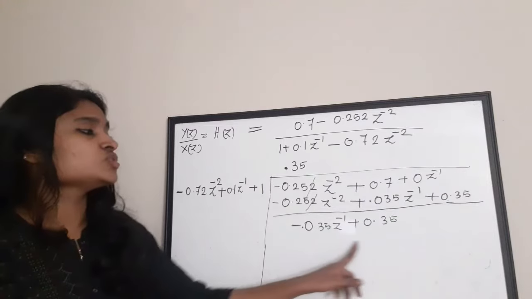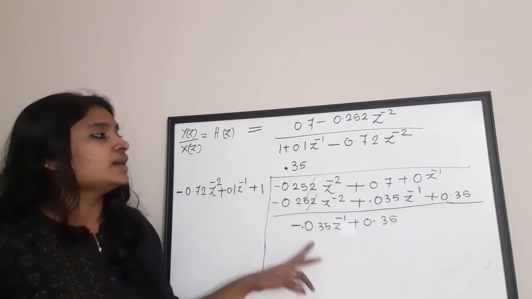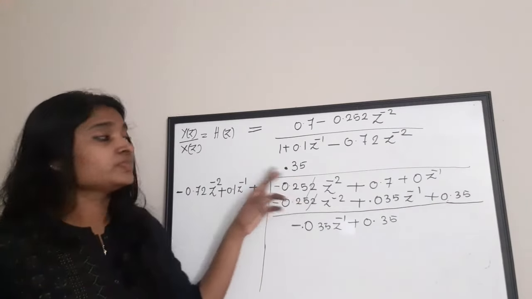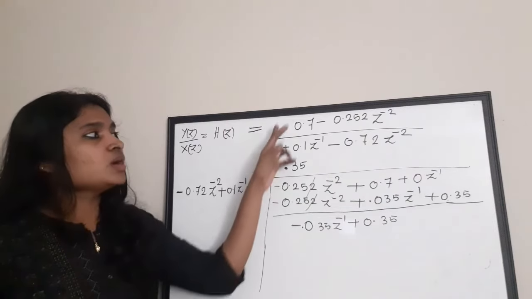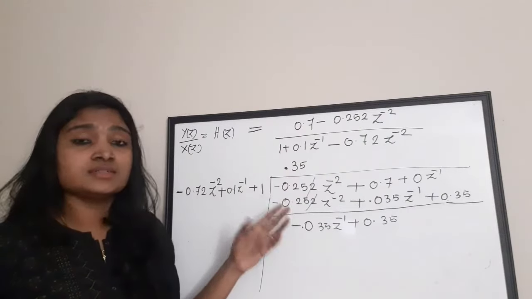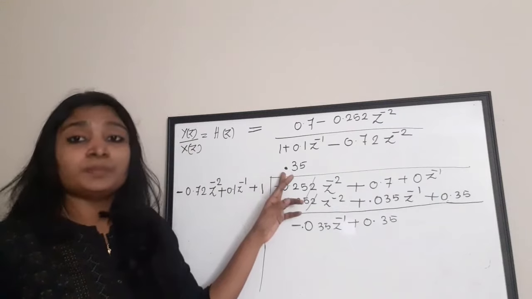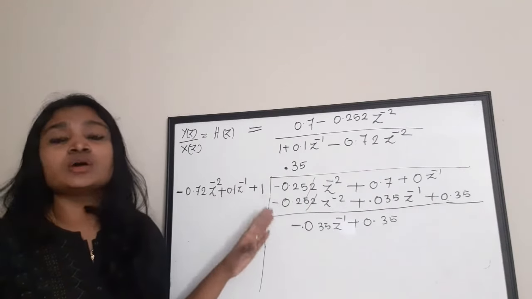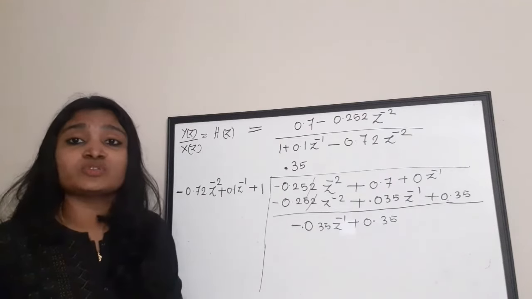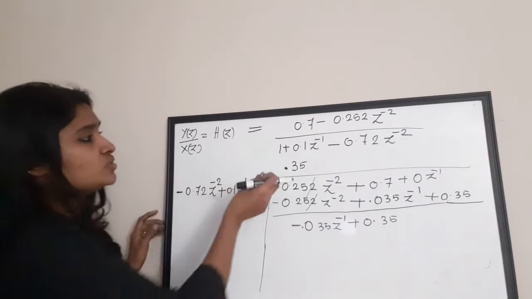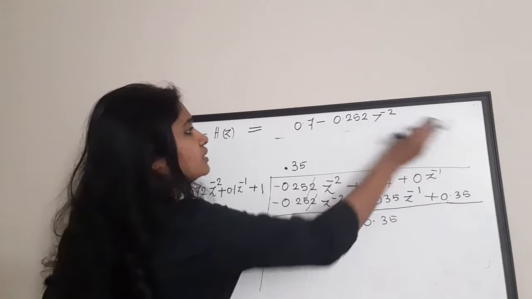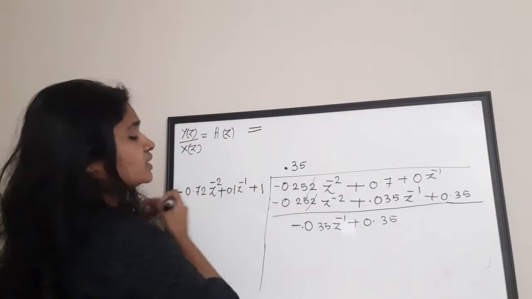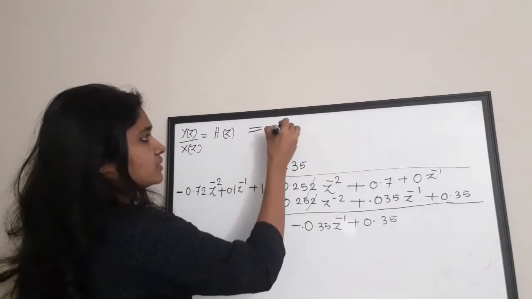Okay, so this is your remainder and this is your quotient. This is your divisor. So how can you write this term? You can write it as quotient plus remainder by divisor. So this is how you can rearrange a fraction by performing division. Okay, so I am going to replace this in the form quotient plus